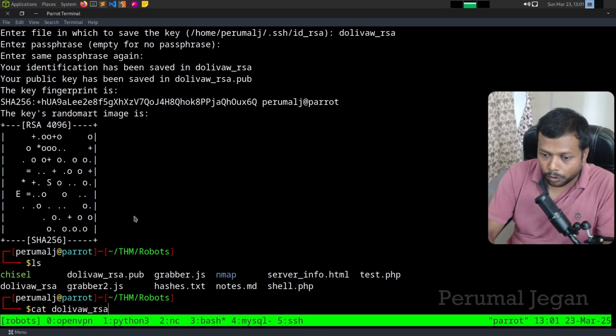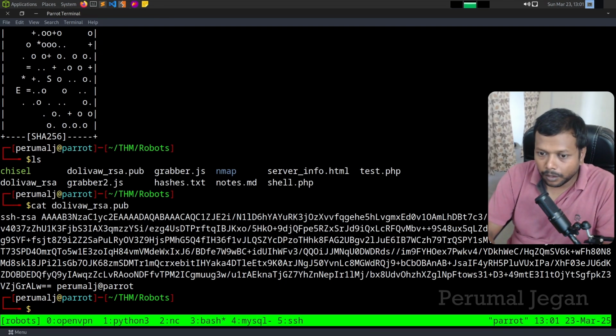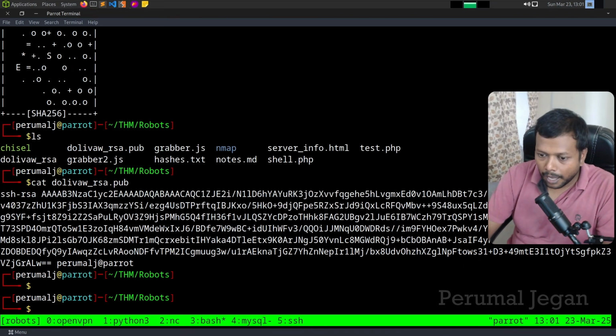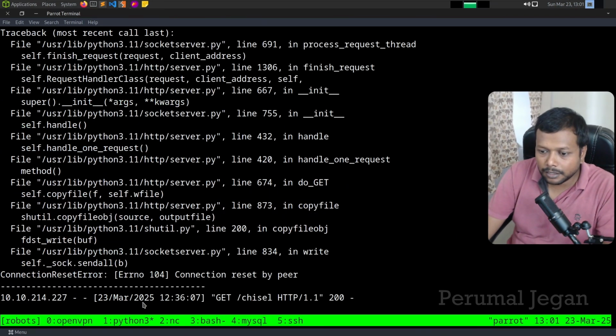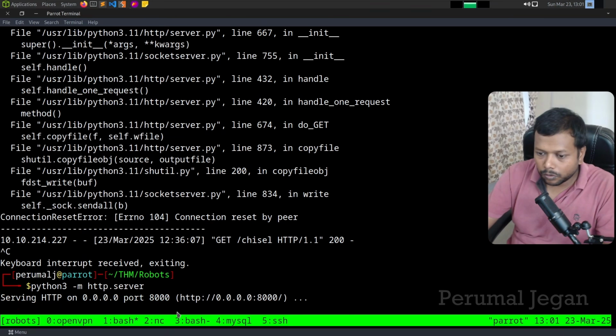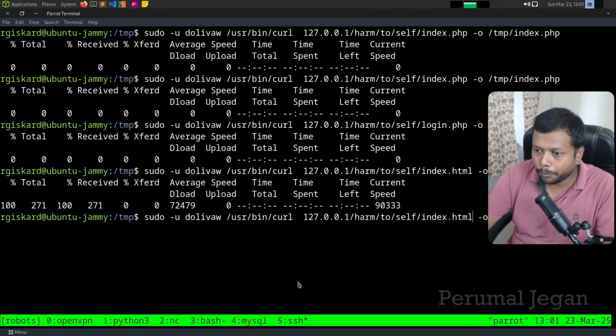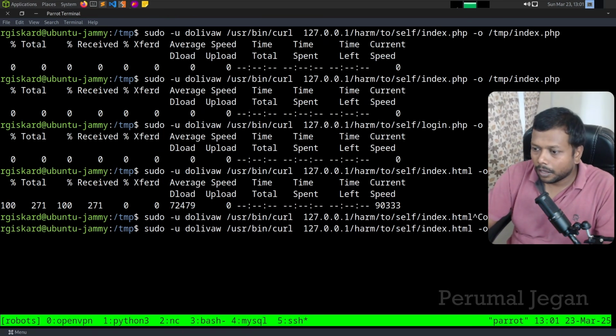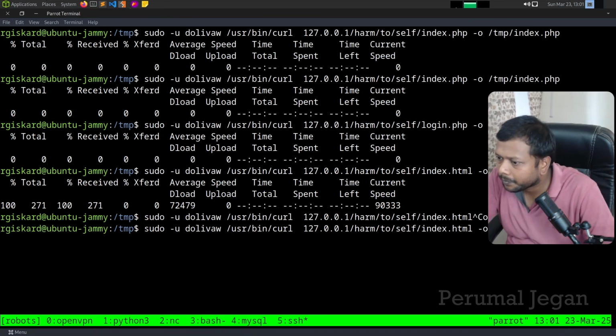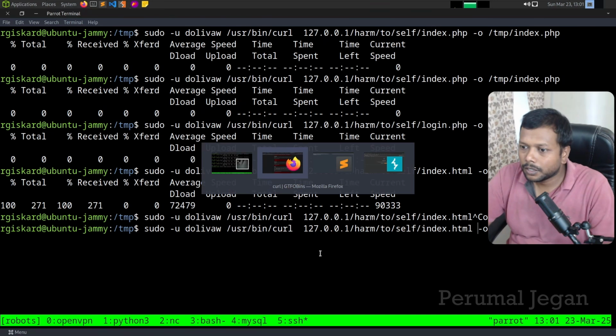cat dolivow_rsa.pub. Okay, now I have this particular file with me, and the Python server is running on this. So I'll reinitiate it. Okay, it is running on this page, so no problem. I'll go here and I will run this command. I'll tweak this command and run. But since, okay,